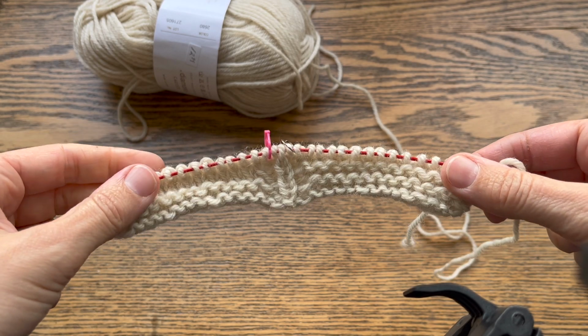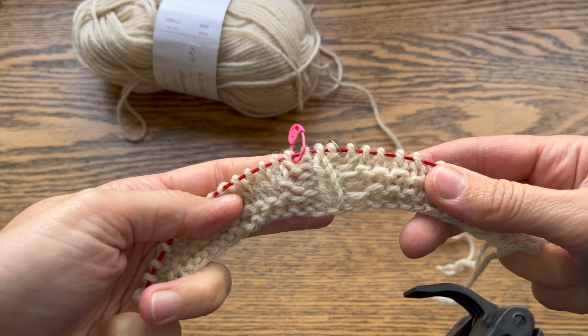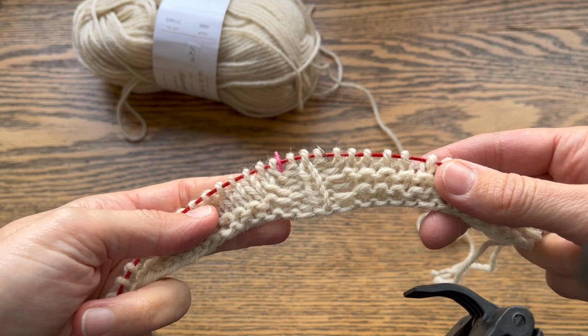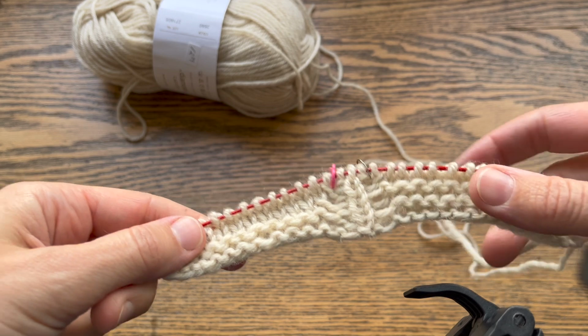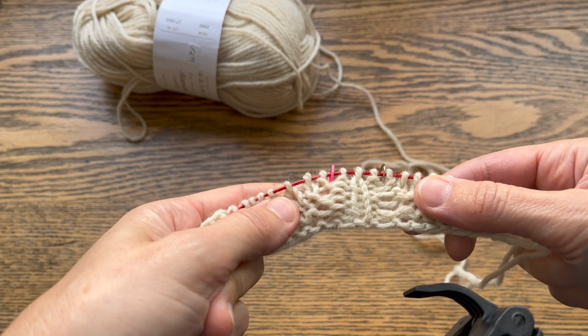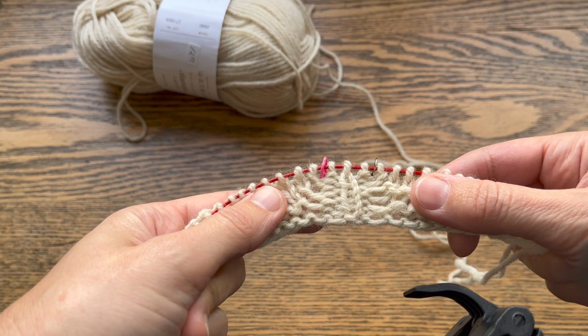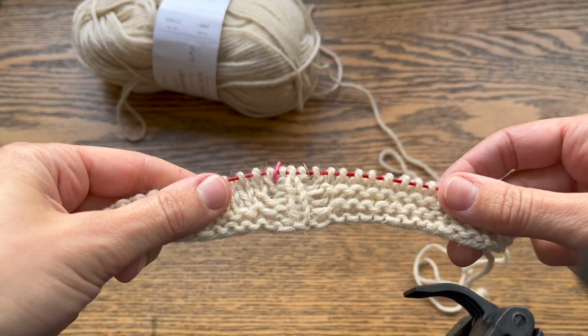Hello knitters, I'm going to show you how to do a backwards loop increase, left slanting and right slanting. This is an excellent increase for when you need a little bit more stretch in your fabric than a make one would provide. So I've just created a little swatch here,